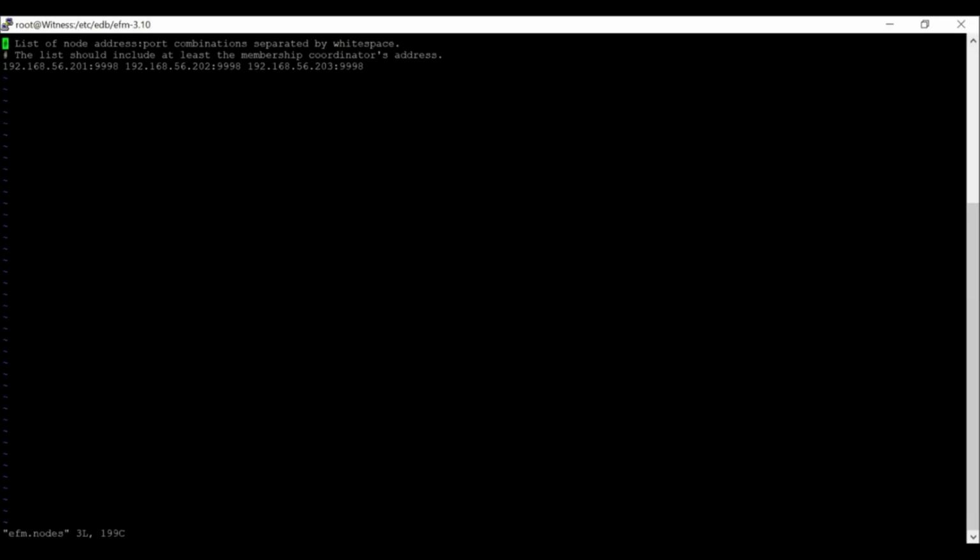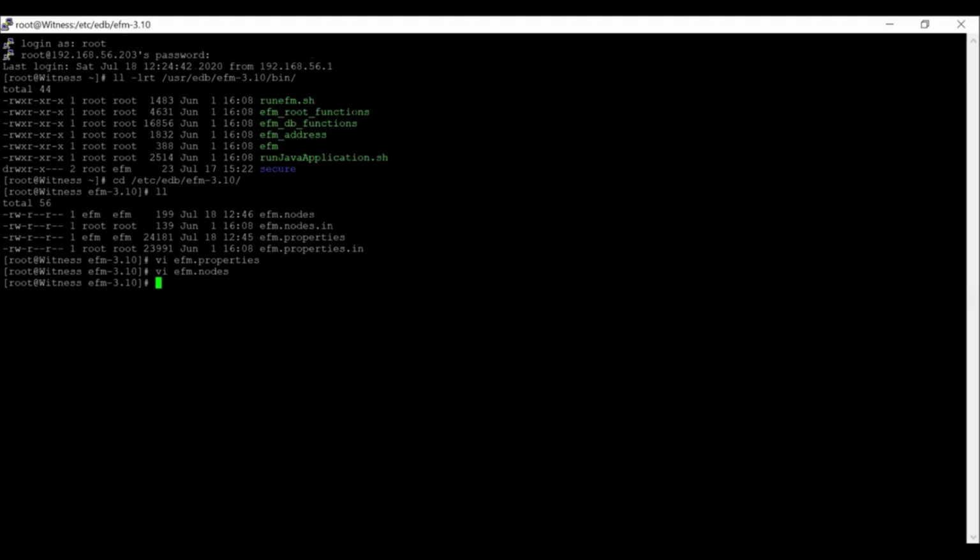Here in this file, I have mentioned all the IP addresses of my DB servers, primary and standby, and the witness server itself. So with these three servers, my EFM cluster is created. I have mentioned this, and I already saved this file.